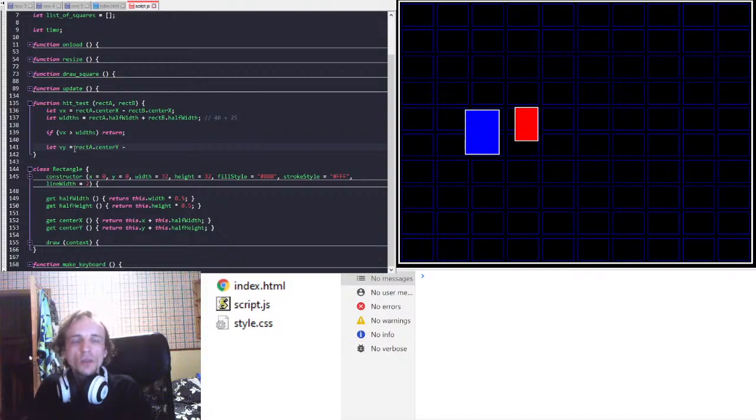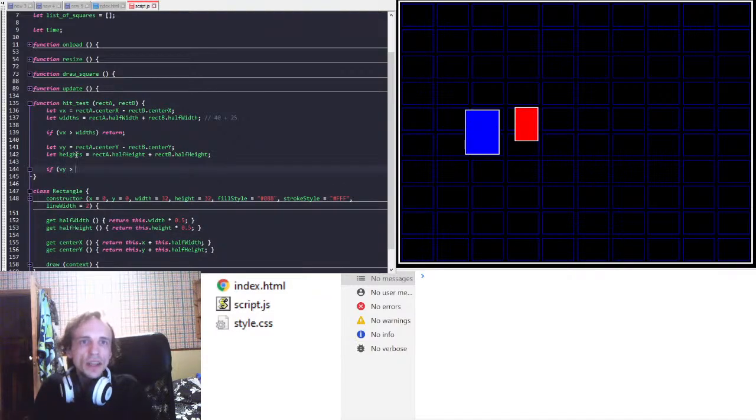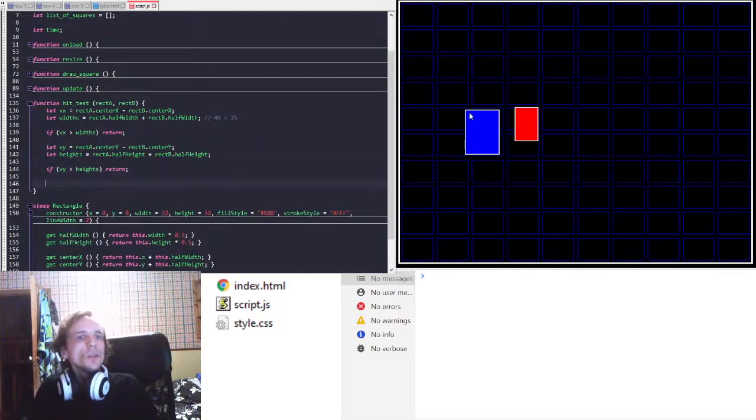And by continuing, I mean we're going to find out the distance on the y-axis and the two half heights combined. So we're going to do center y minus center y from B, and then let heights is equal to rect A dot half height add rect B dot half height. And now if Vy is greater than heights, return, which is again saying